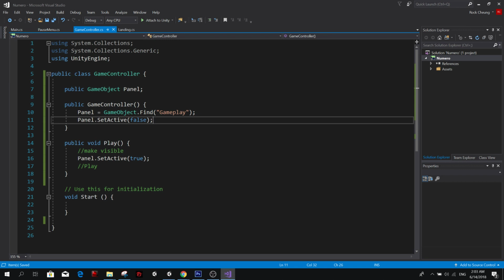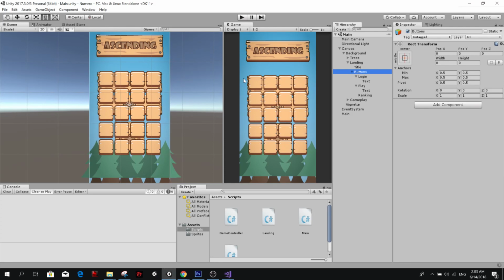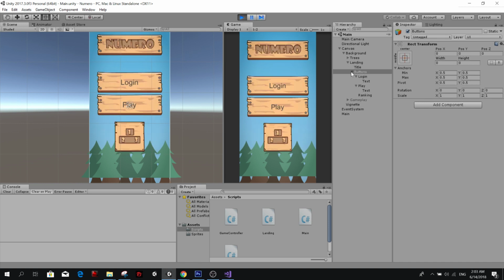So we want the panel of the game controller to be off after we start it. It's going to be here, but it's going to be off. So if we play it, if there is no error, gameplay should be turned off. Yeah, and landing is on.